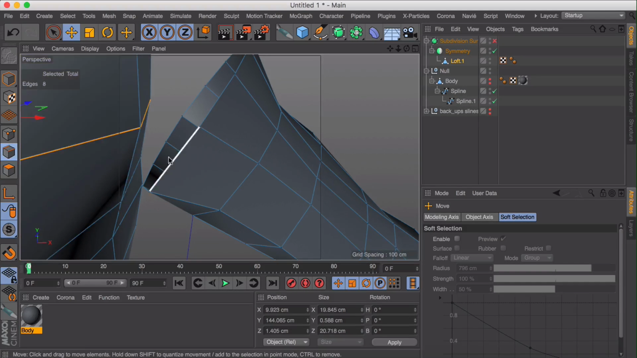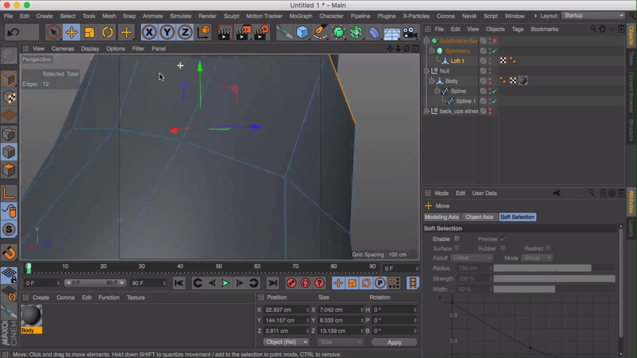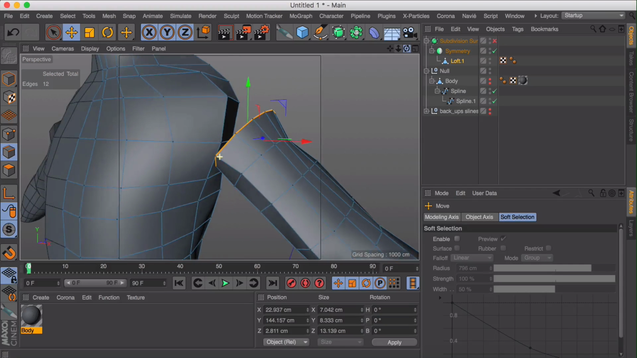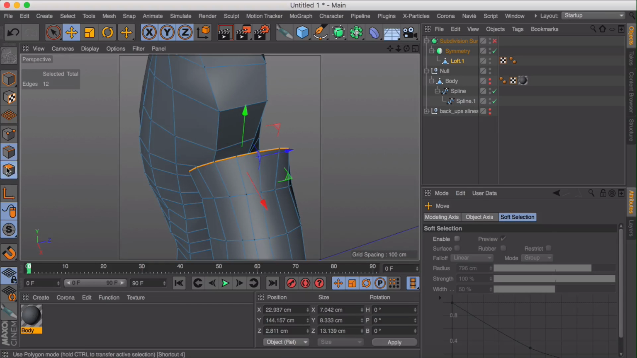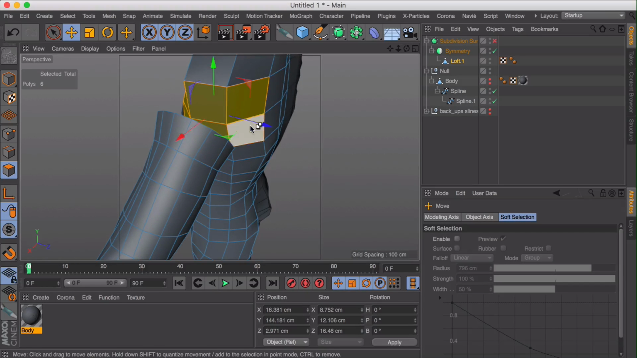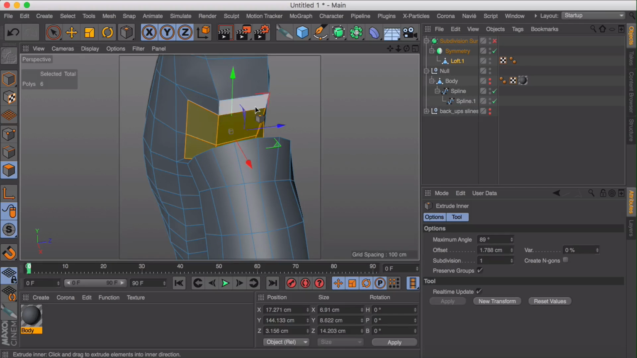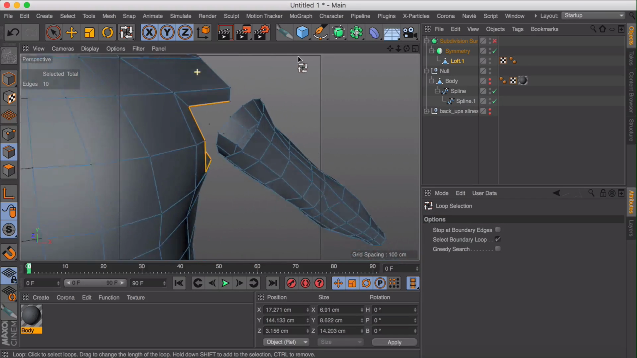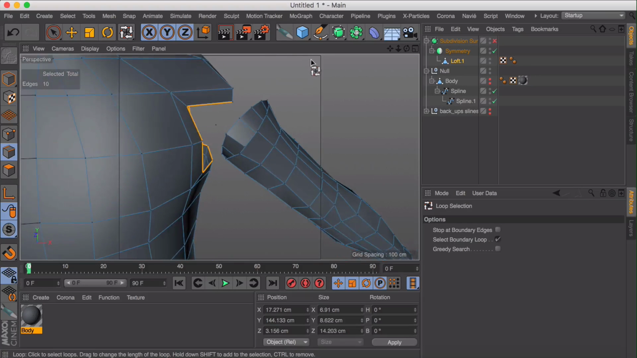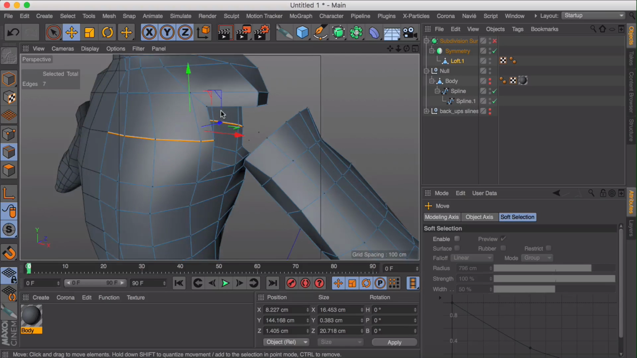Now let's see. We have 12, and if I use this one and this one and this one and this one, also this one, those polygons, if I extrude them, delete and select, I have 10. I will have to add 2 extra edge loops. The easiest way to do this is